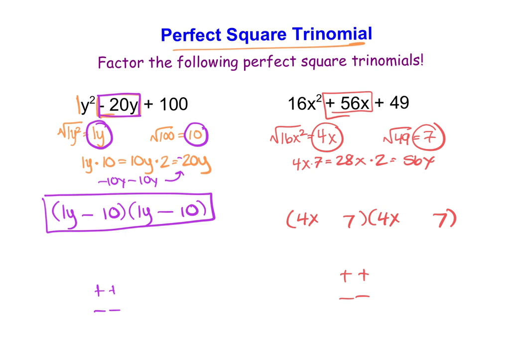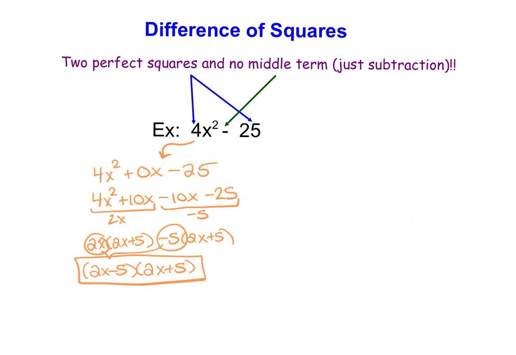And when I take a look here, I see that my middle term is positive. Because that middle term is positive, it's going to be a plus and a plus. So now let's take a look at a difference of squares problem, which is similar, but the middle term here